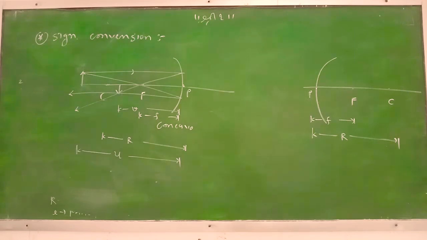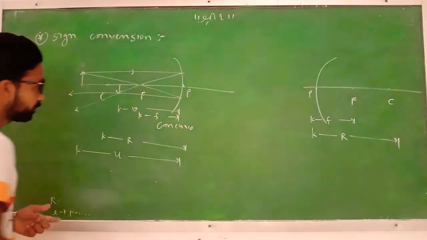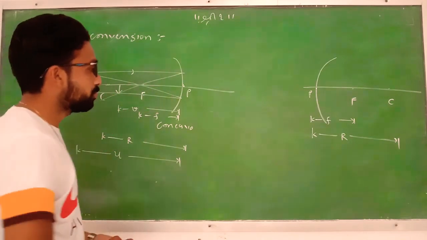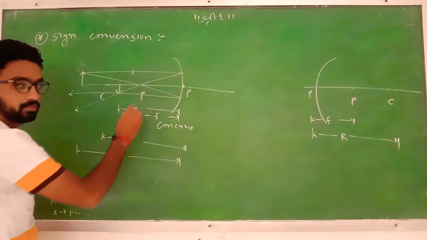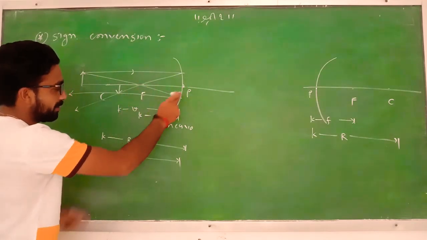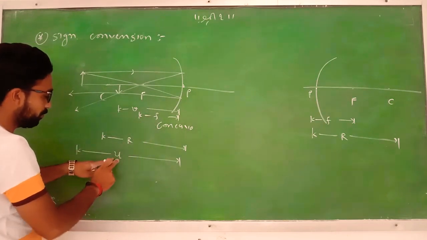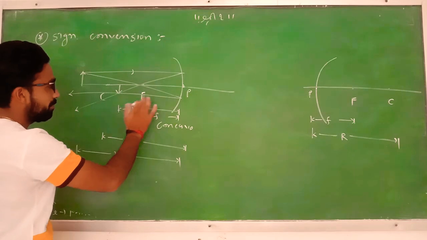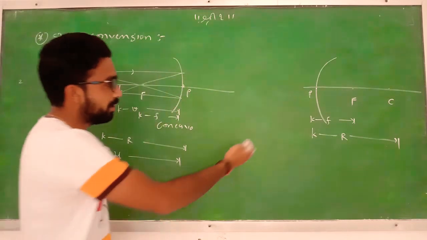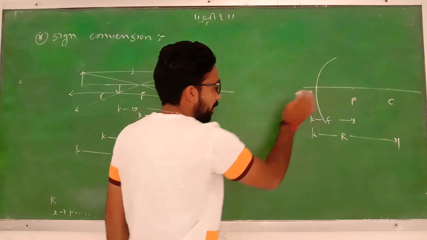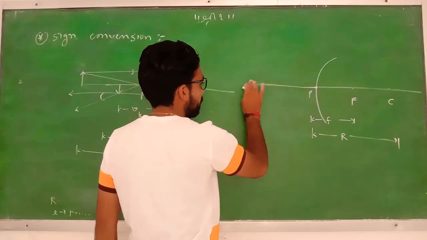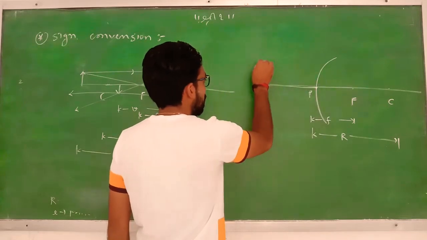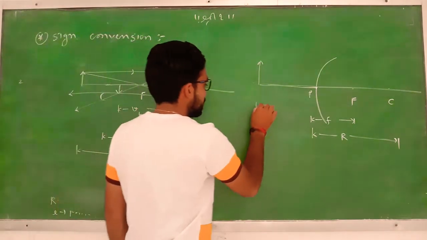Okay, so now we speak on our topic, sign convention for concave mirror, and after that we go on to convex mirrors. Here you can see the pole. All distances are measured from the pole: the focal length, radius of curvature, object distance, and image distance. Similarly, you can apply the same logic to convex mirrors. First consider this one. Suppose our object is placed here. This is the object distance.